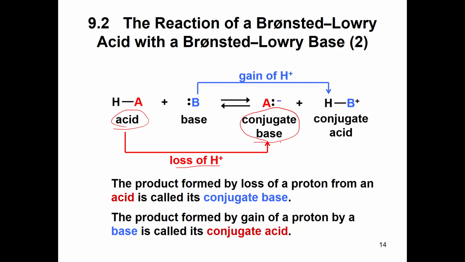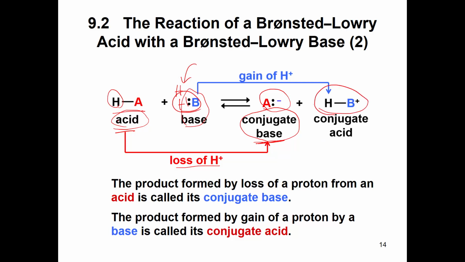And the only difference between a conjugate base and the acid is the loss of this hydrogen. So if you need to know what the conjugate base is of an acid, you just remove the hydrogen and account for the change in charge. With a base, you're going to have a conjugate acid because you have added the hydrogen to that, making that